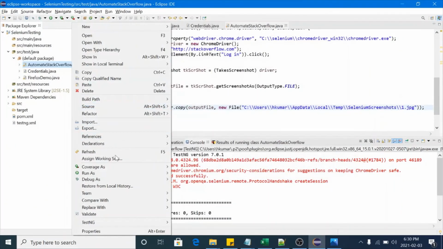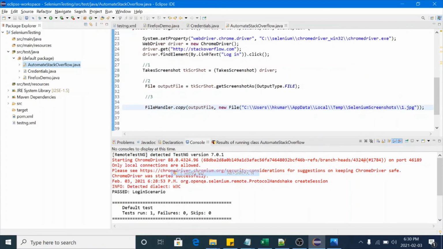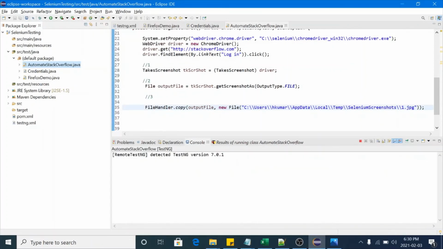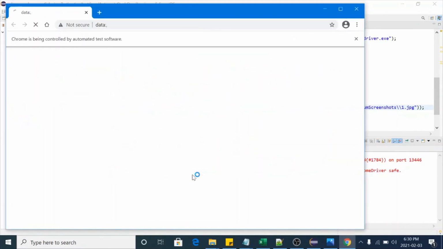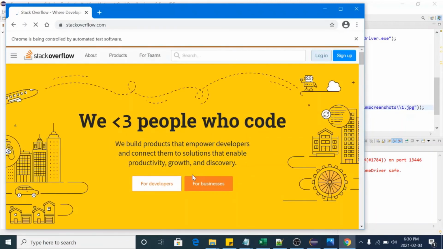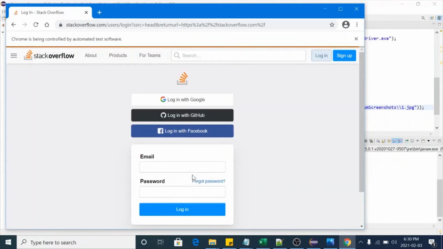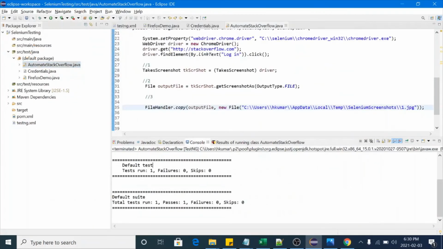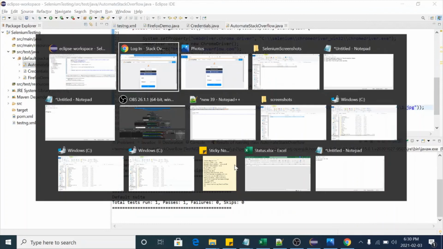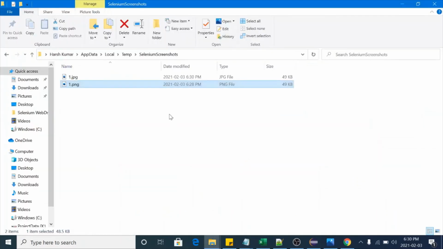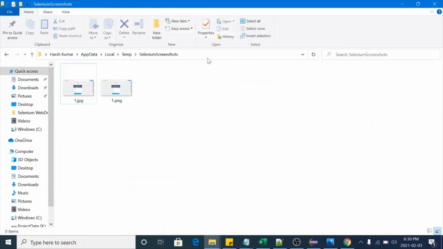It's launching the Chrome browser and it will launch Stack Overflow, click on the login button, and now it will capture the screenshot. So the test case is done. Let me switch to the folder. Have a look, now it created a new file, one.jpg.